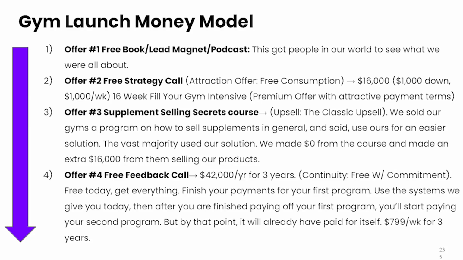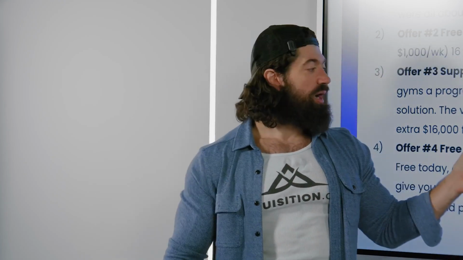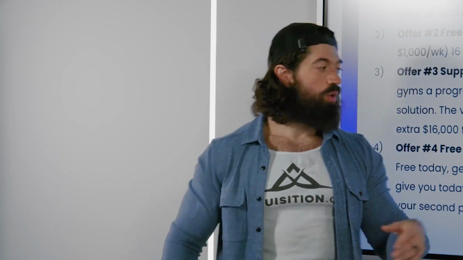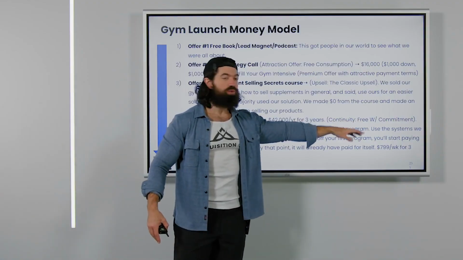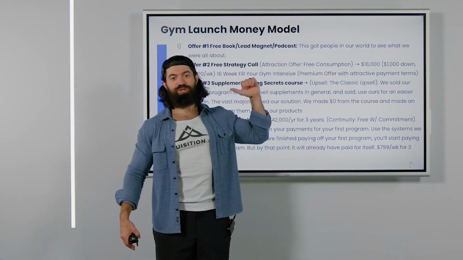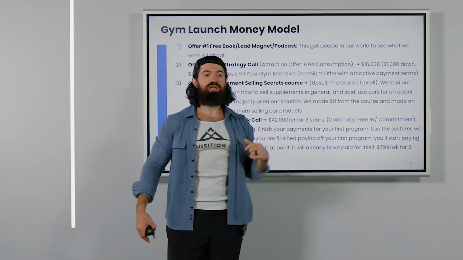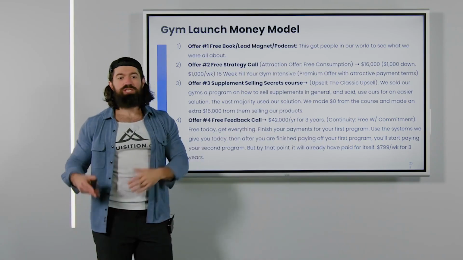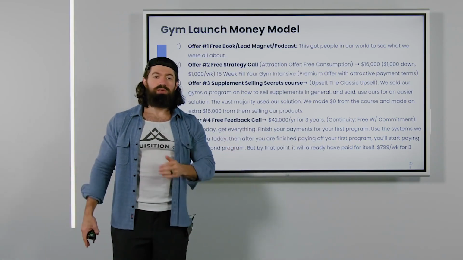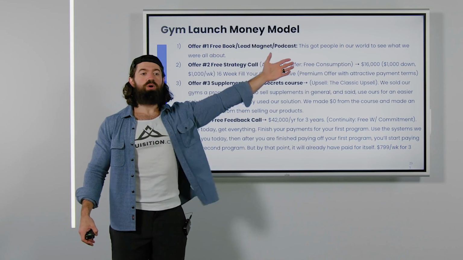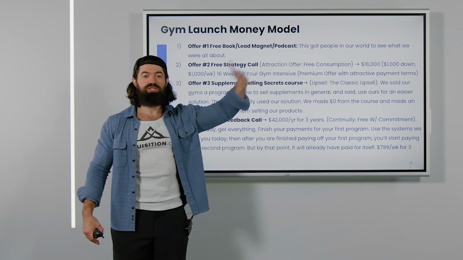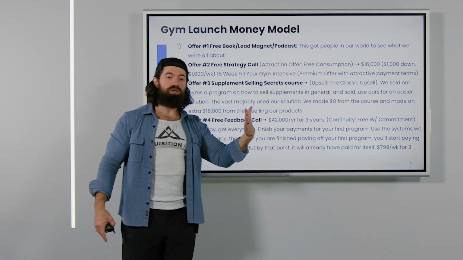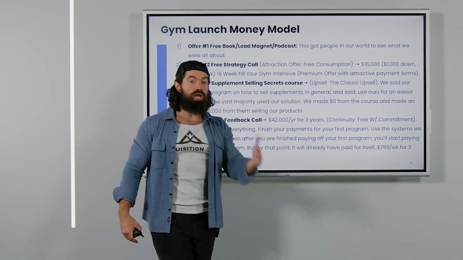And so then the fourth thing we did was a free feedback call. So this was basically saying, okay, you're halfway through, you're 8 weeks in. Let's talk about where you're at, how much money did you make? Cool. So what we did was a free with commitment offer, which is something that we'll talk about in the fourth section of this training, which is continuity offers. And so basically what we would say is, hey, you have 16 weeks, you're 8 weeks in, say yes now, and I'll give you all the stuff that you're going to get over the next 3 years if you say yes today. And you'll just keep paying your existing thing. So you're just going to get more for nothing.